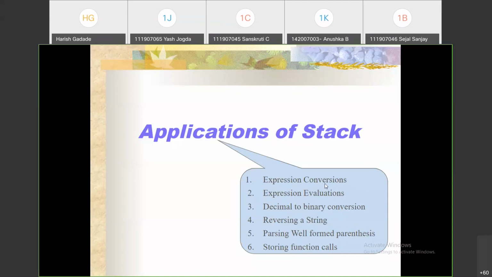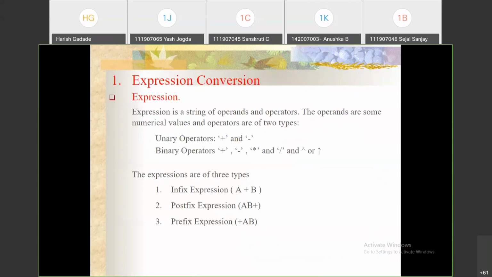So from the first application, only one conversion we completed, and the rest 5 I will try to complete today. Whatever is the first expression conversion, that is the most important for the next. And if you understood this expression evaluation, then the same algorithm or same steps I'm applying for the rest 4, right? So I'll just show you in short.